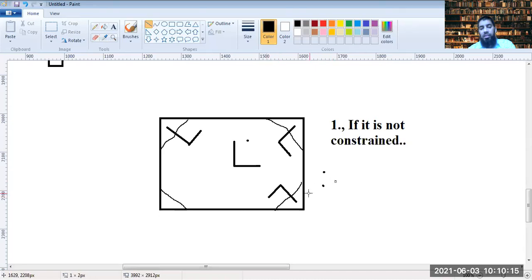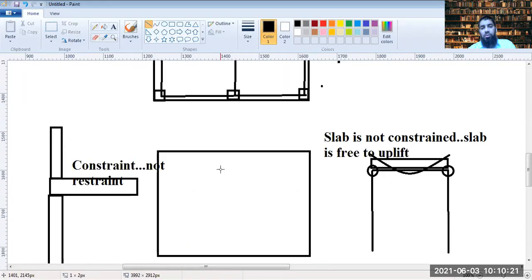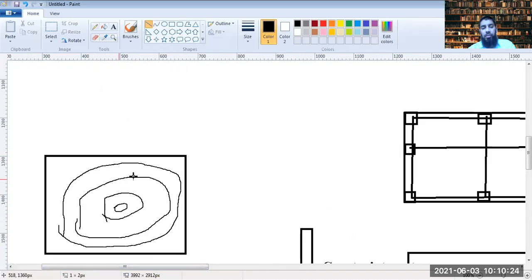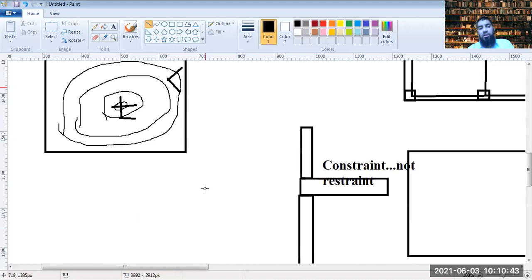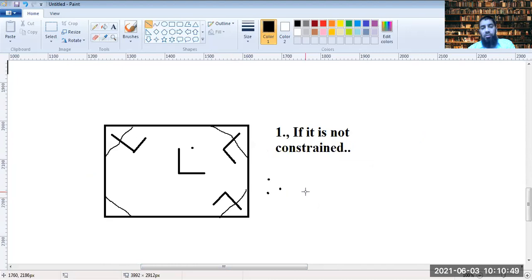Why do the moments act like this? Because you have the deflection contour of this slab in this fashion. So we can cut the moment along this contour in two directions, this and this, at the center. Similarly here, the deflection contour would be cutting it like this, and the other one would be like this. So at the corners, this is how the deflection contours would be, and so thereby you could take the moment contours as well in the similar fashion.